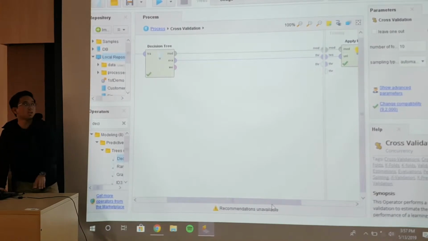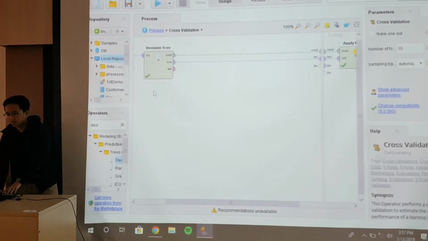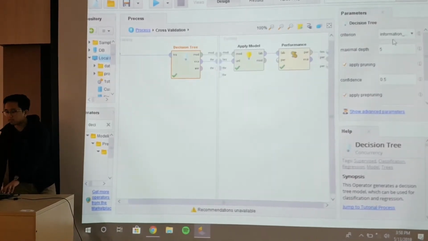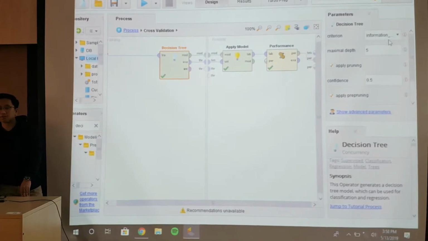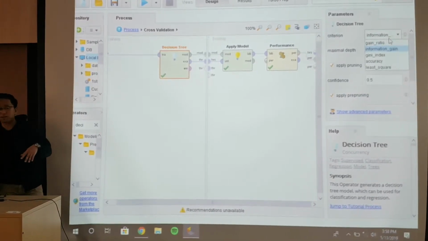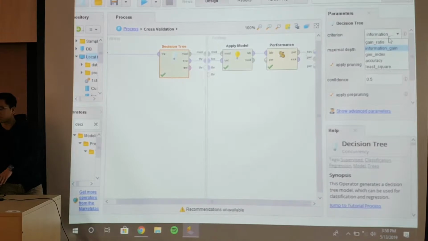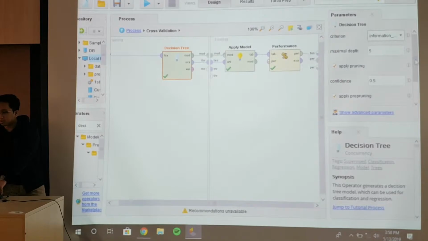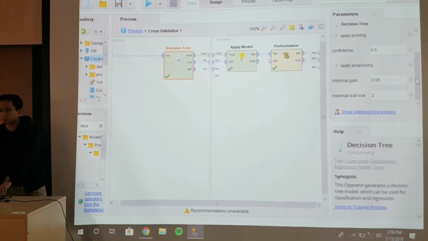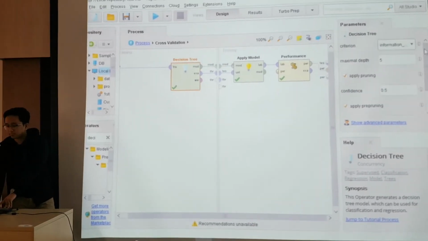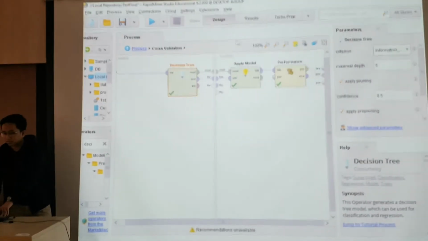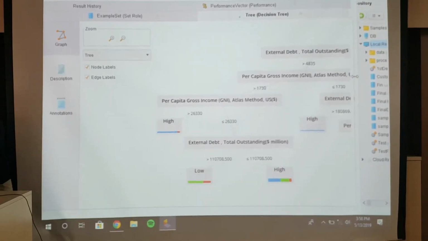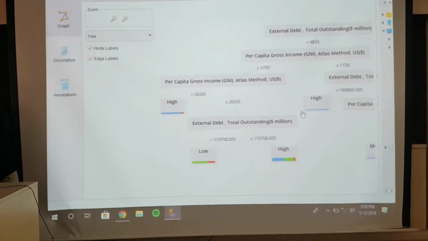For the cross validation, we choose the decision tree as our first model. For the decision tree, the criterion is information gain, because among all of the criteria, information gain gives the highest accuracy. The maximal depth we set to 5, confidence 0.5, and minimal gain 0.05. And the result of the cross validation is